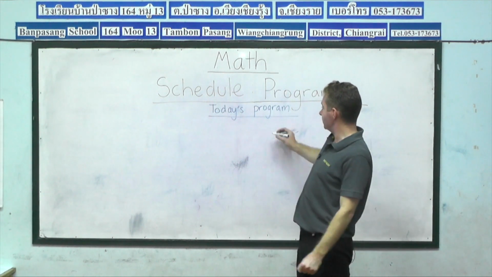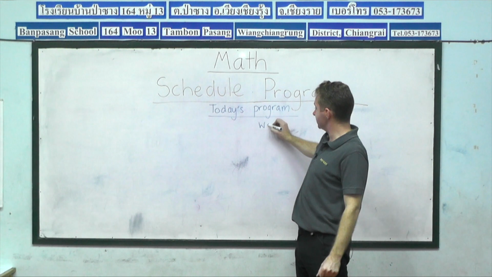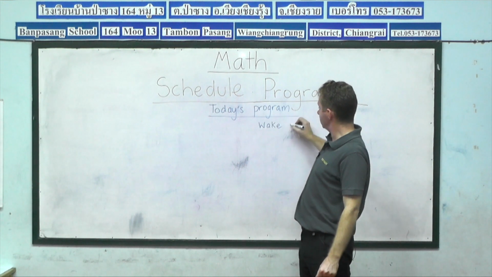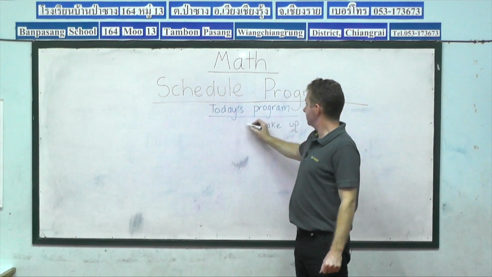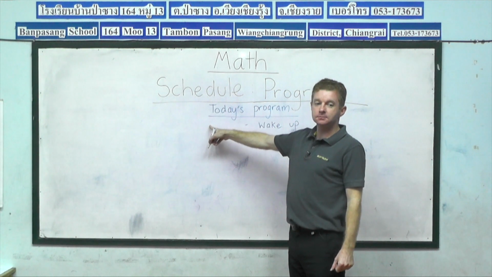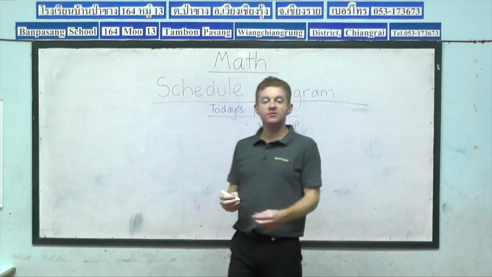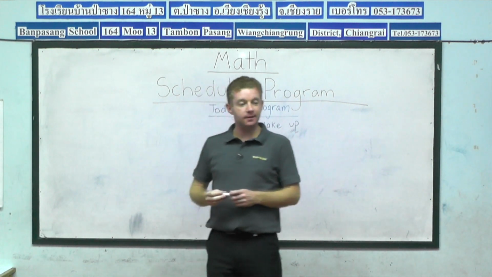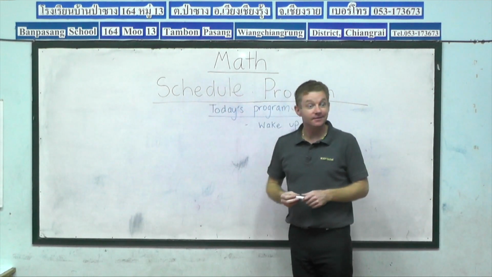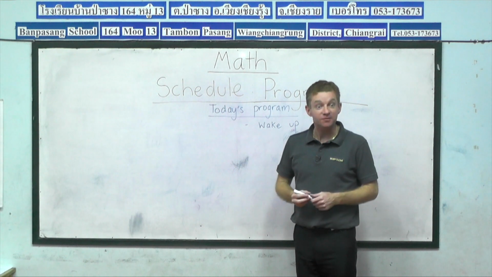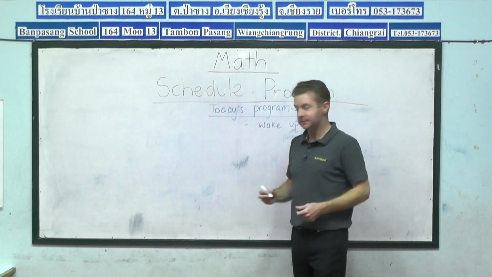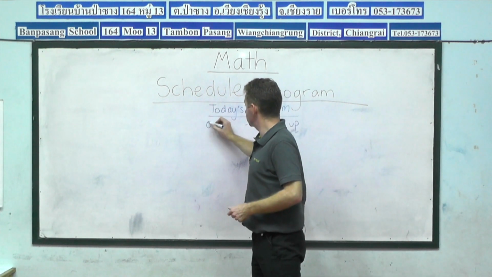So what we'll do is we'll put the activity wake up. But what do we need to go here? Time. Okay, so who can give me a time? What time did somebody wake up this morning? 5:30. Wow, okay. So 5:30,